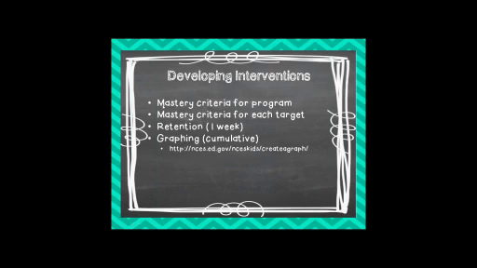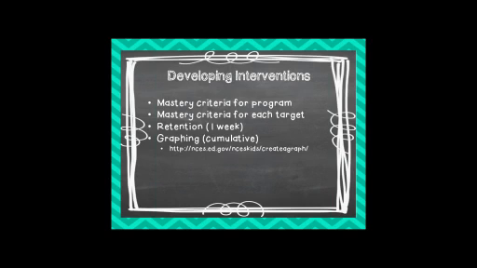So that's how you would set your mastery criteria for the program. What I mean by program is for that skill area. So this program is called Labeling Common Objects. And in order to master out of that, to move on to the next one, they've got to get at least 100.